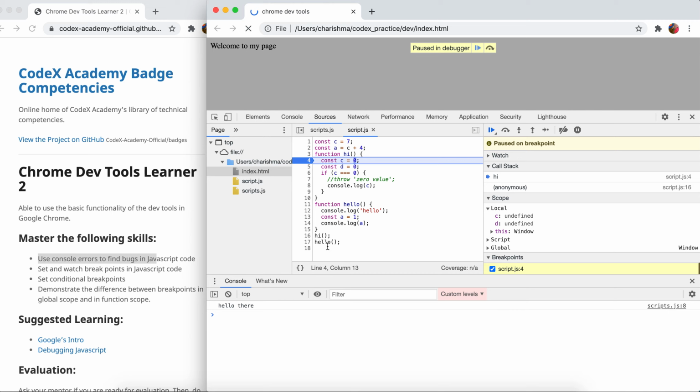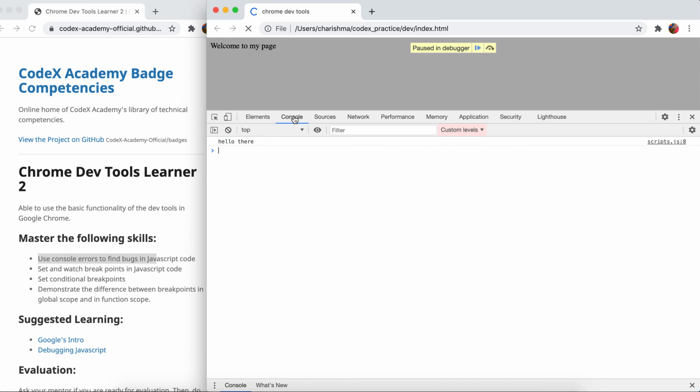Let me close, select this to take off all the confusion. The next criteria we are going to see is set and watch breakpoints in JavaScript. For this we are going to use the debugger. Let me explain how to use the debugger first, and then we'll see how we can set and watch